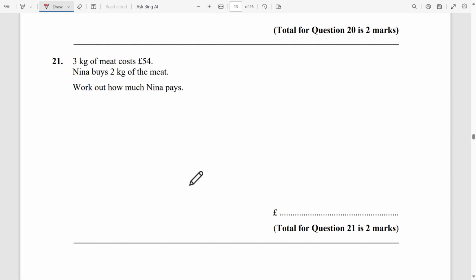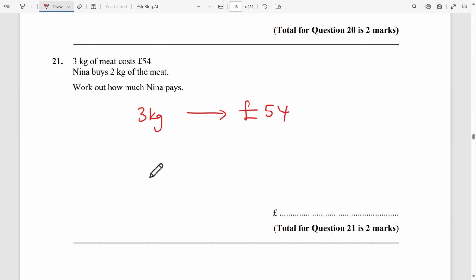The number 21. So we know 3 kilogram of meat costs 54 pounds, and Nina buys 2 kilogram of the same meat. Work out how much she pays. So we know that 3 kilogram of the meat costs 54 pounds. So you want to work out what 2 kilogram of the meat is going to cost. So the first thing you want to do is work out the cost of 1 kilogram,